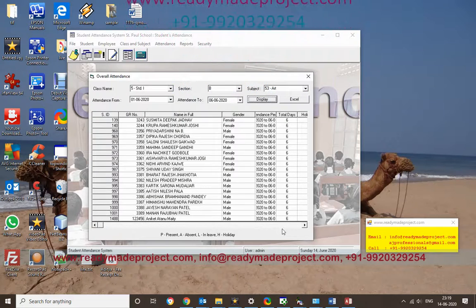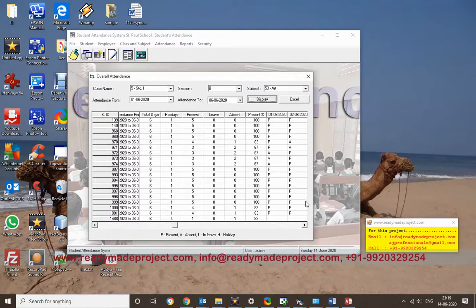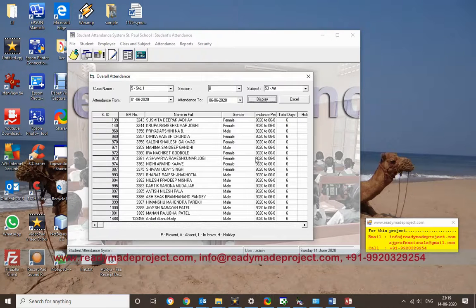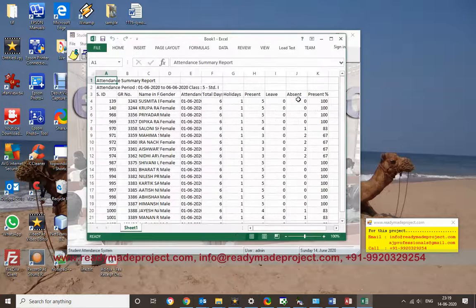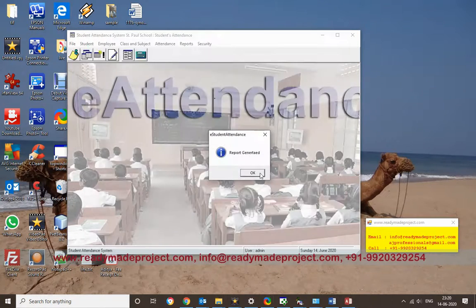It will display the number of days I have selected, what the days are, how many are present, how many are holidays, how many are absent. Everything will be calculated, and then the percentage. Whichever date he is present or absent, everything will display. This data you can export to Excel also, save it and use it, print it out or share.